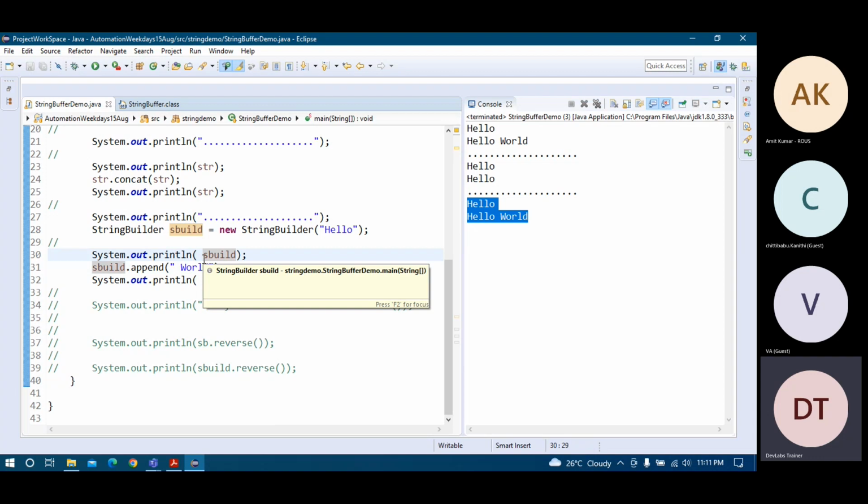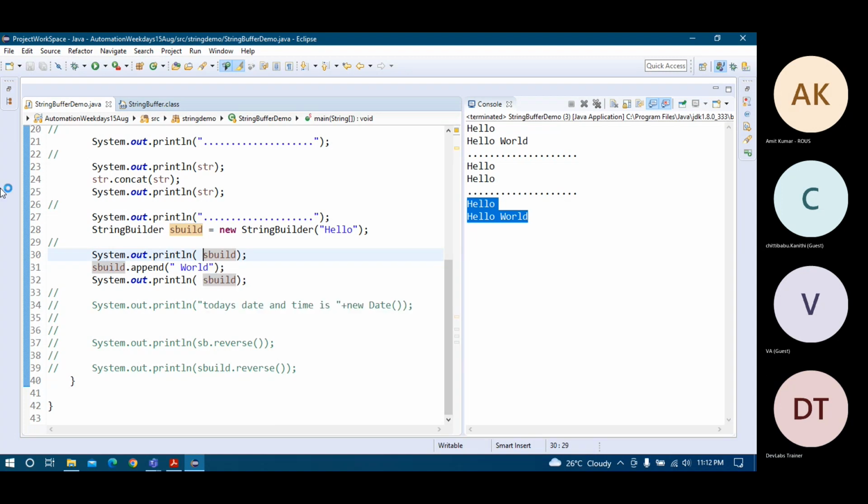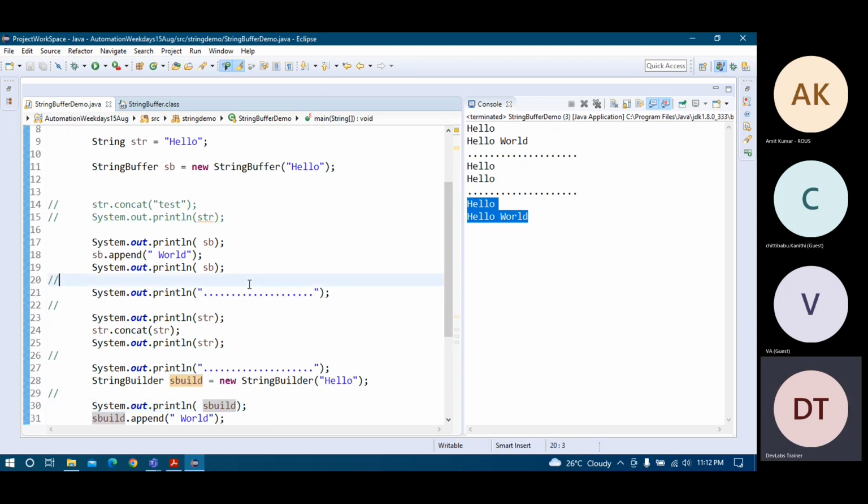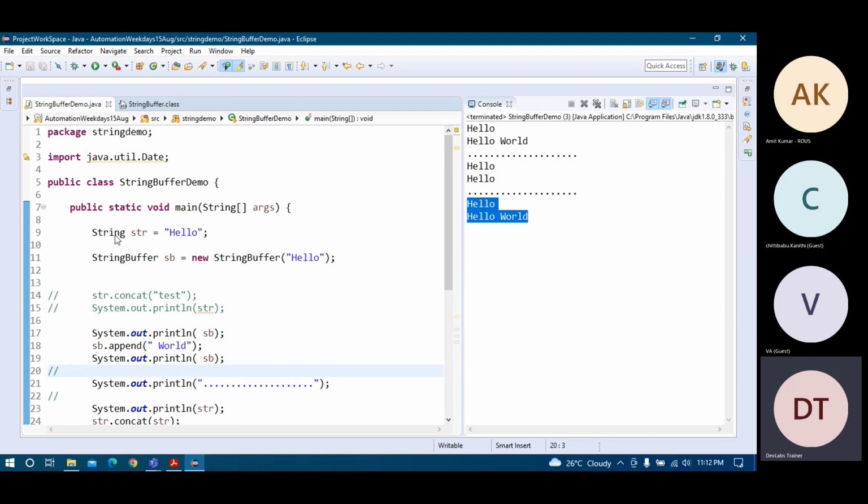I know people will ask you how string is immutable. So first you have to tell what is the meaning of immutable, and then you explain why it is immutable, what is the logic that is maintaining the immutability. So if you are able to explain this concept,